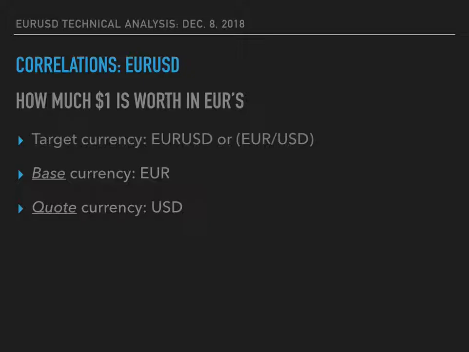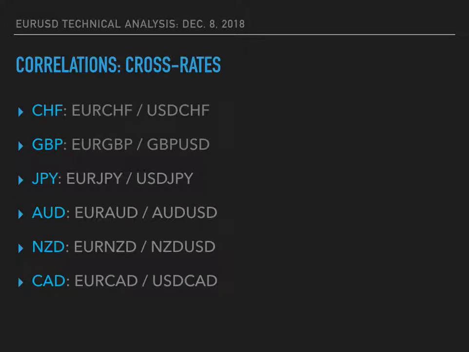So moving on to correlations for cross rates of the euro US dollar, I first want to define what the euro US actually is and what the symbol actually means. So the euro is the base currency, and the US dollar is the quote currency. Essentially what that means is how many euros can you buy with the US dollar. So that's what the exchange rate represents. So the correlations,